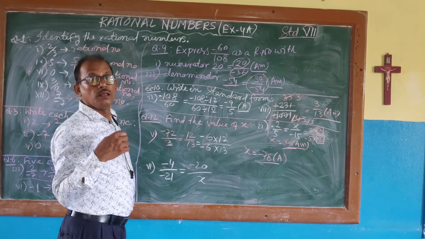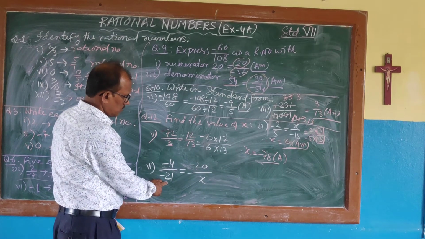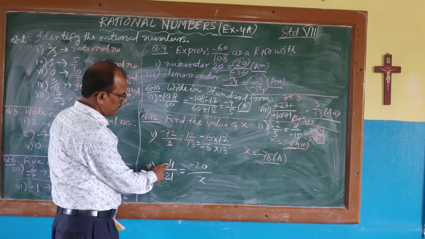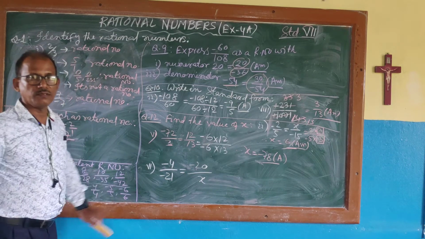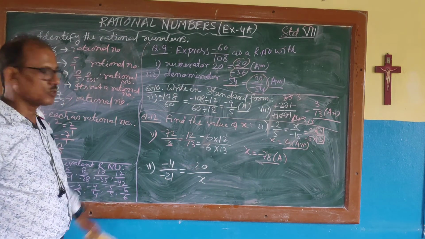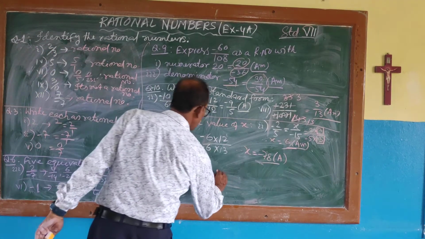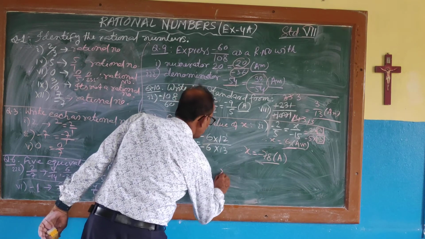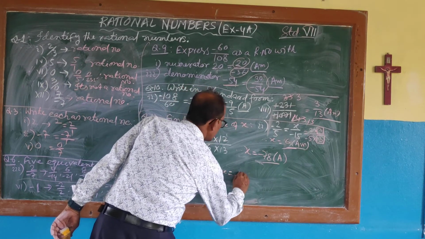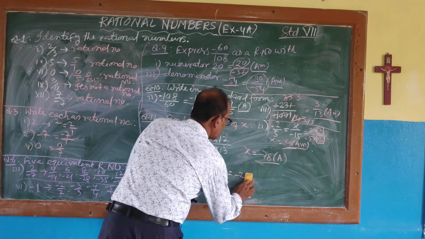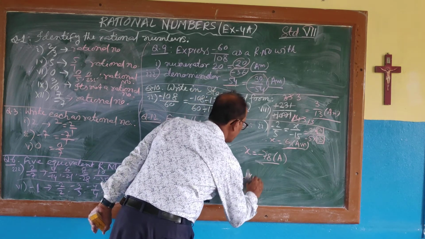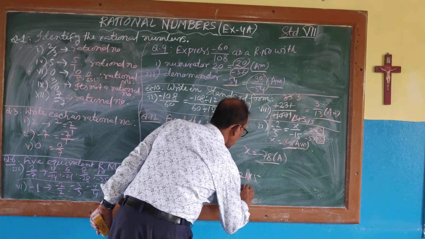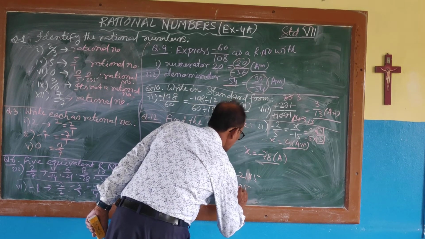So 4 you have multiplied with 5. 21 you multiply by 5. So what will happen? Minus 21 into 5 will become what? x will become minus 21 into 5. That is equal to 5 ones are 5, 5 twos are 10, minus 1 is